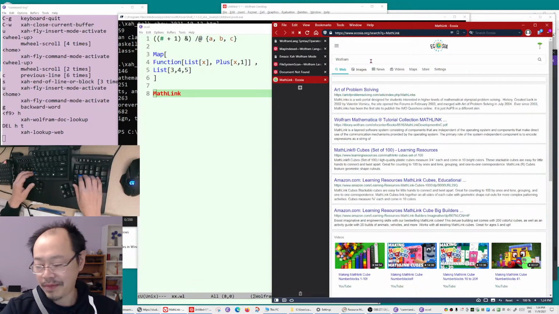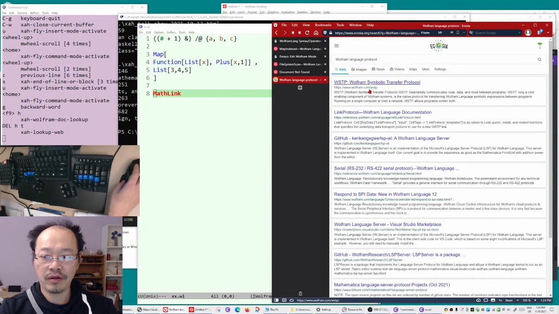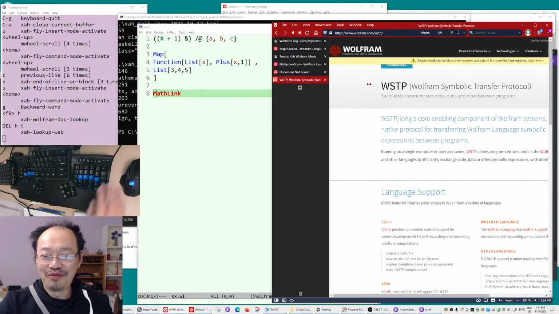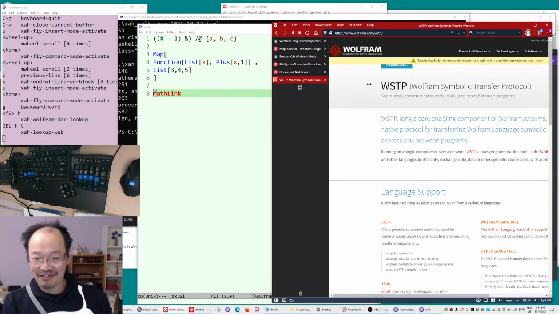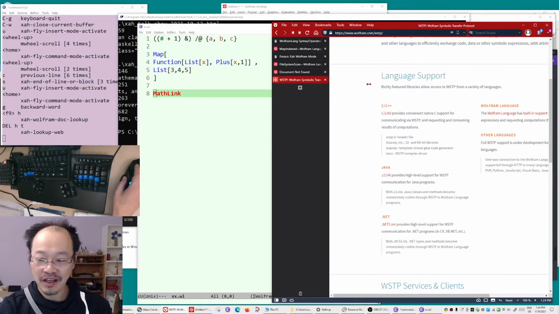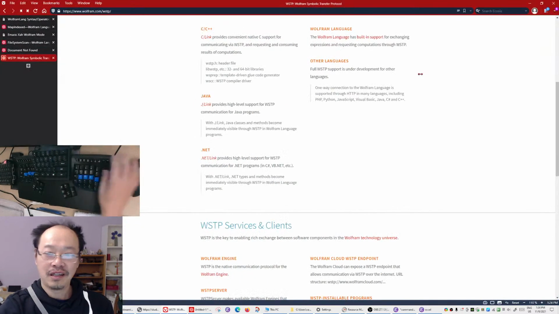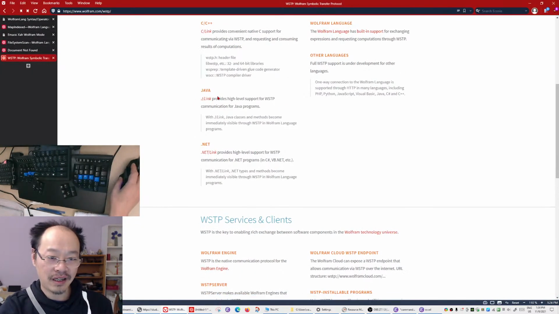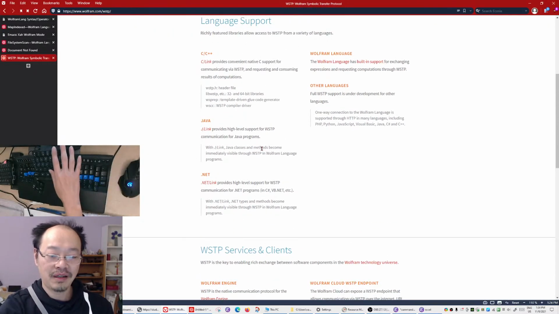Okay, the old name is MathLink, but now they call it Wolfram Language Protocol, I think. That's the protocol, WSTP, Wolfram Symbolic Transfer Protocol. Very marketing friendly. So you can see it supports C, C++, Java, and Microsoft .NET,